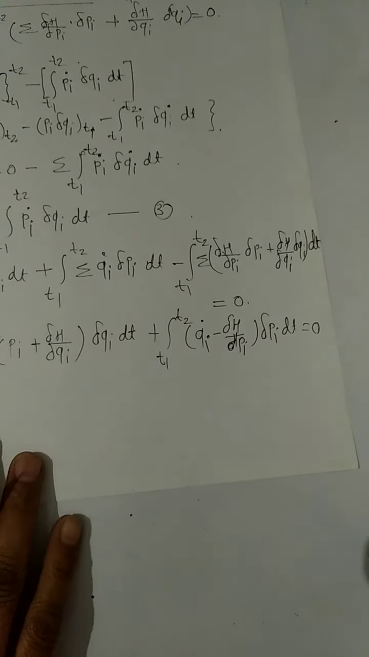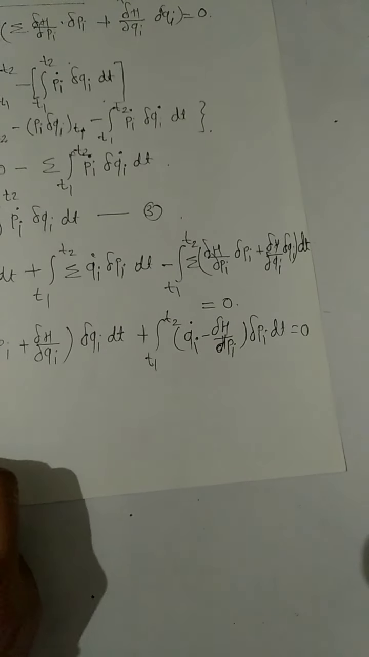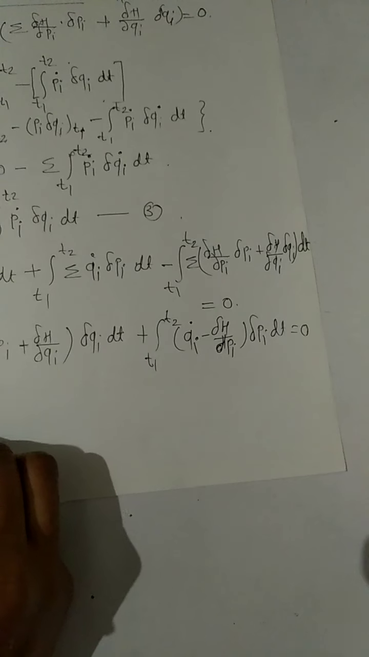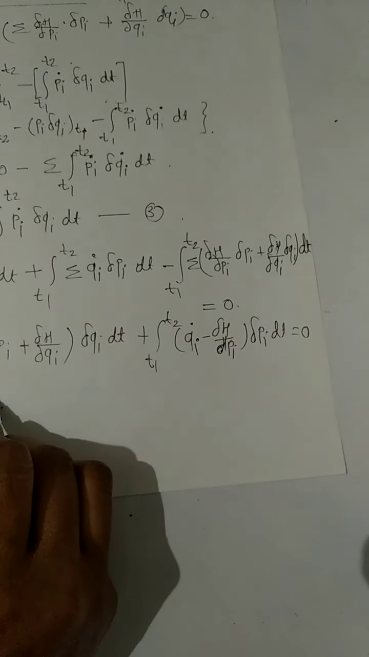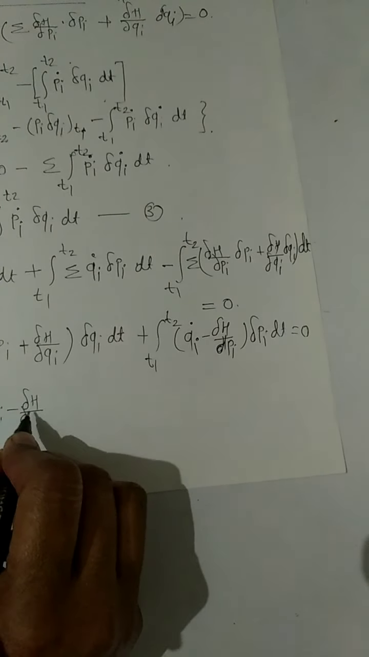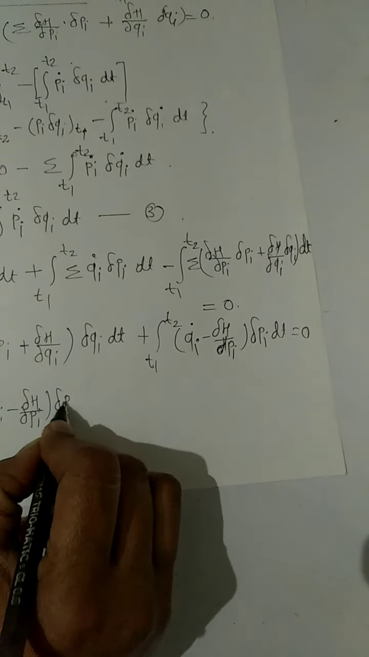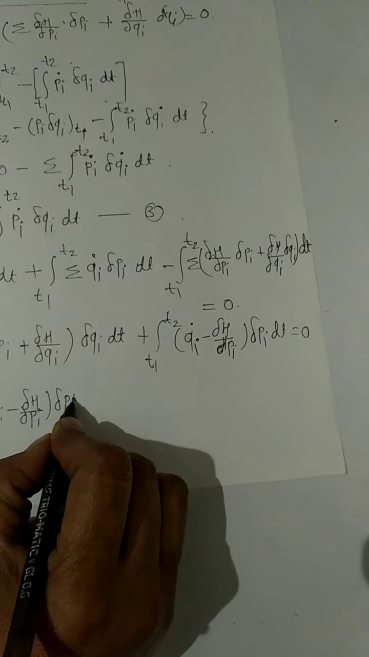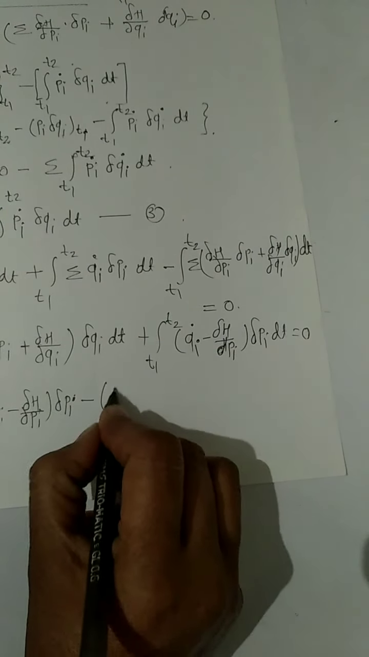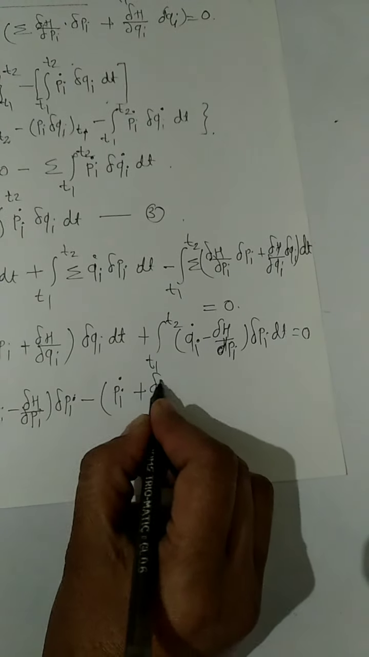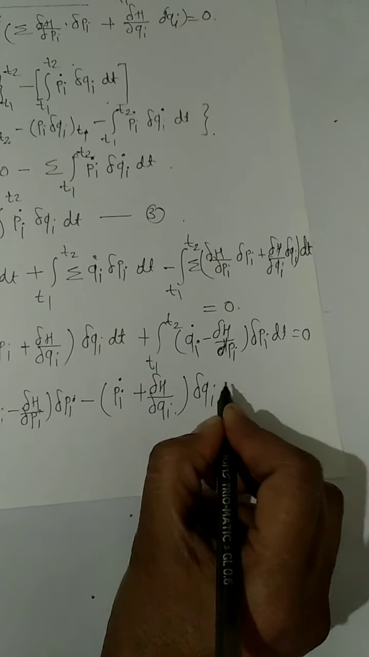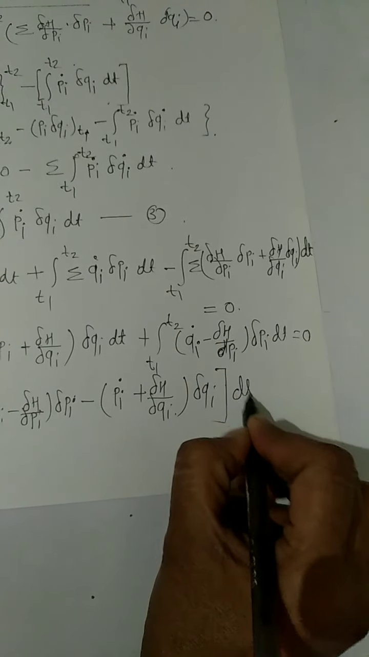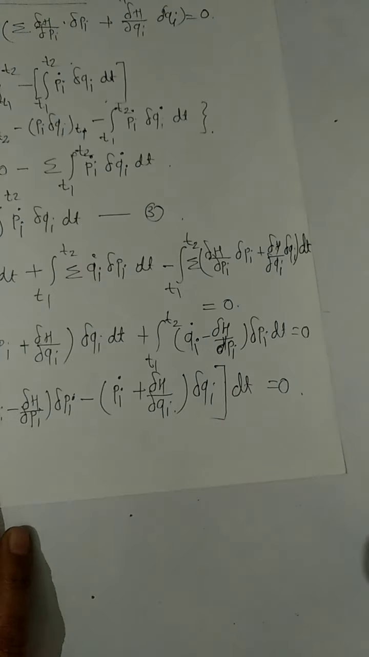and this implies that the integral T1 to T2 of summation Qi dot minus del H upon del Pi into del Pi minus Pi dot plus del H upon del Qi into del Qi dt is equal to 0, and since del Q is arbitrary, and hence